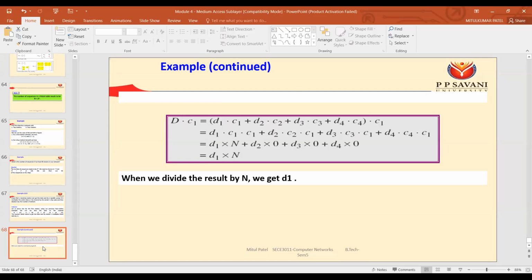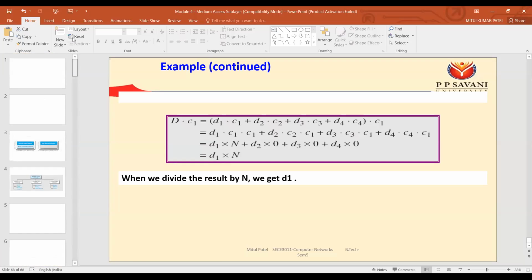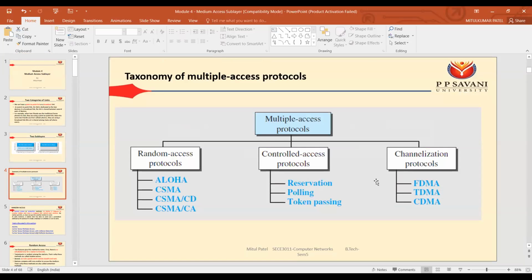Then the fourth duty is access control. For the access control, we have the whole module, that is our module number 4. For that, we have seen the various protocols. We have completed in total 3, 4 and 3, so total we have 10 different protocols for multiple access. Depending on the various applications, the various protocols are going to be used.